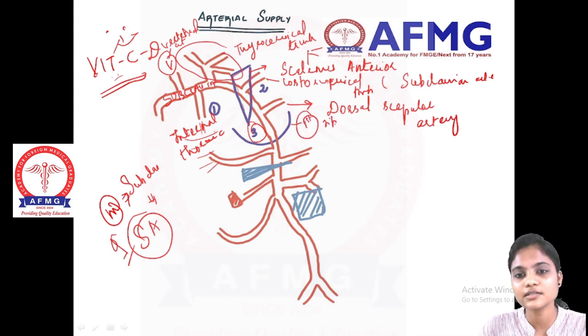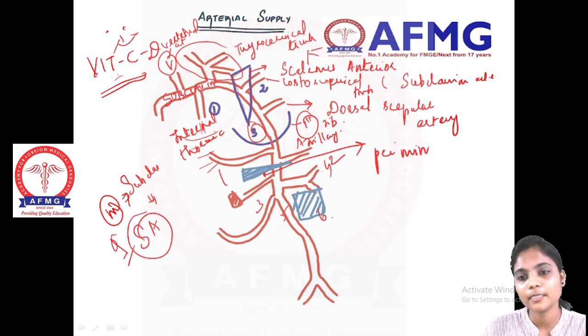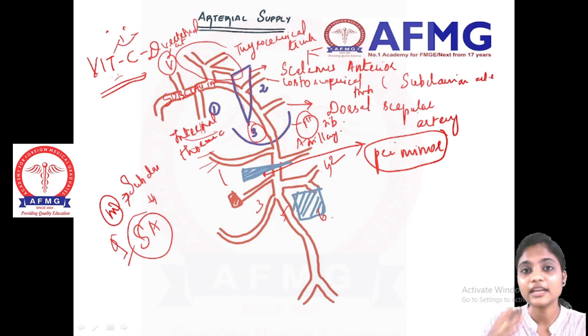Now passing on over there, your subclavian artery now crosses your first rib. See, this is your first rib, giving the branch of axillary artery. So these are all the branches: 1, 2, 3, 4, 5 and 6. Many branches are there. We will be seeing branches in detail, but please remember two of the muscles here. This is the muscle which is called your pectoralis minor. The muscles which play a role in the division of your axillary artery: one is your pectoralis minor and the other muscle is your teres major.